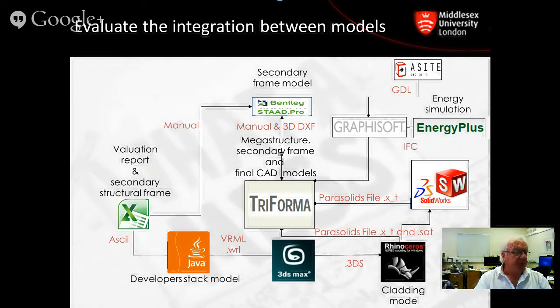And this was a typical map of the software platforms that were in use and the data exchange mechanisms between systems. You obviously see the variety of software platforms, but what people don't often see, and certainly directors and managers who are setting up projects and costing projects and putting in fee bids with projects, don't see the behind the scenes activity that goes on to make these systems work